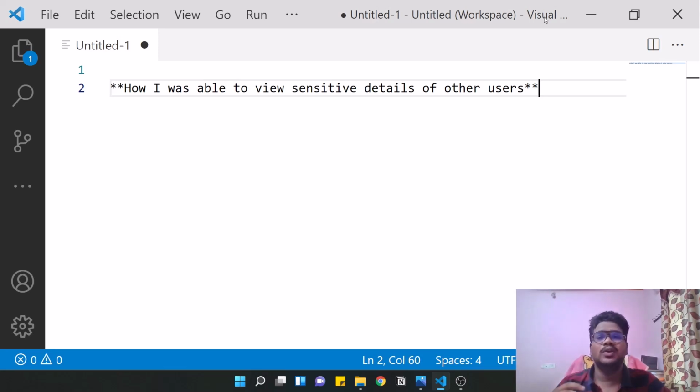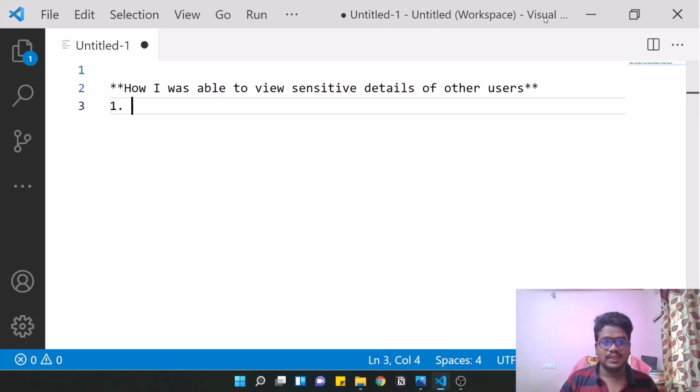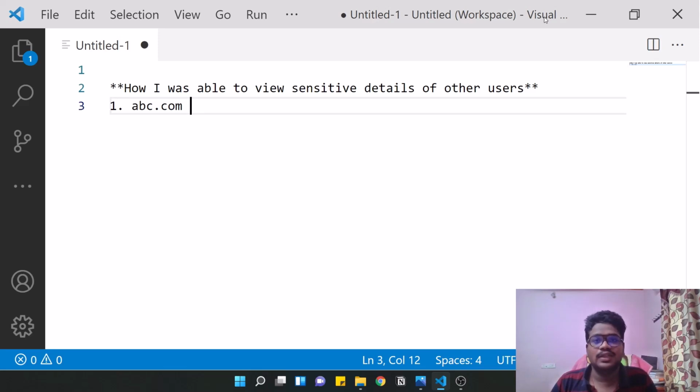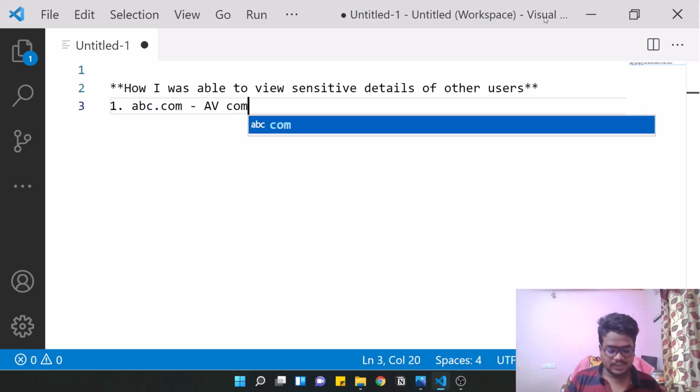So guys, I'm not only going to show you how I was able to find it, but I'm also going to share the process in which I found this vulnerability. So as I told, this is a bug that I found in a cybersecurity company. Let us assume the company is abc.com, because the bug is still under fixing. So there is a company called abc.com which offers cybersecurity features, like a kind of antivirus, to general users. You can think of it like an AV company.